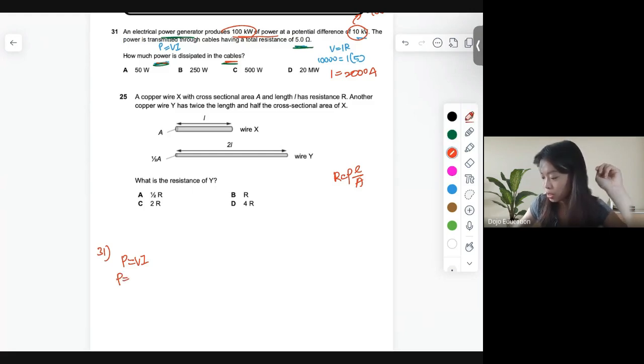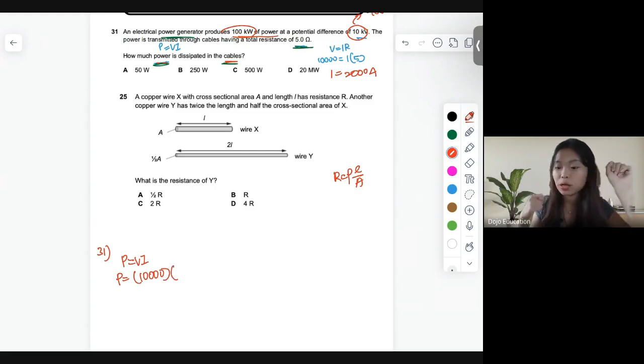My voltage is 10,000, which is the same as my power generator. But because the resistance of the cable has to be taken into consideration, my current is different, because V equals IR, right? So if my resistance is different, my current is different also. My resistance is 5 and my current is 2,000. So what is my power? It's just 2,000 times 10,000, which is